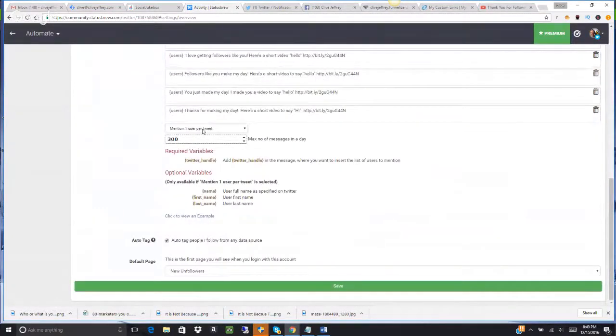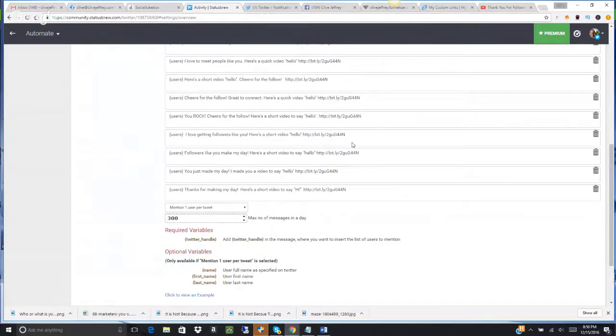I wanted one mention per tweet, because you can gang them. If you want to, you can fit the maximum number of users per tweet, so that it'll fill up the 140 character space. But I didn't want that. I wanted one per tweet. But I had left it sending out one welcome message per day. I was getting 200-300 followers a day, but only one of them was getting the welcome tweet. So as I say, it's only since this morning that I shortened these links,